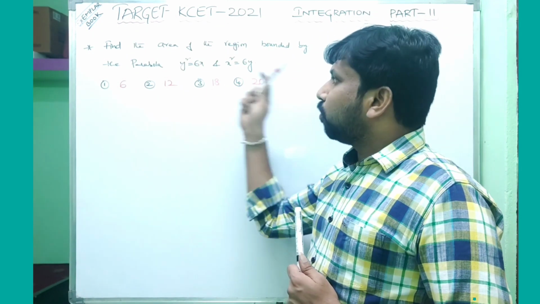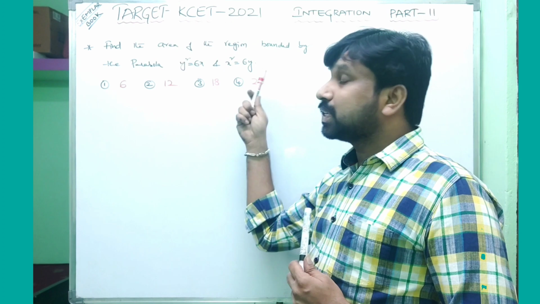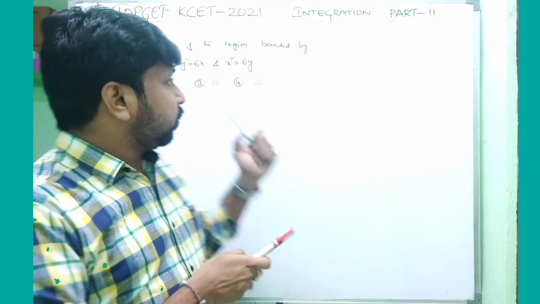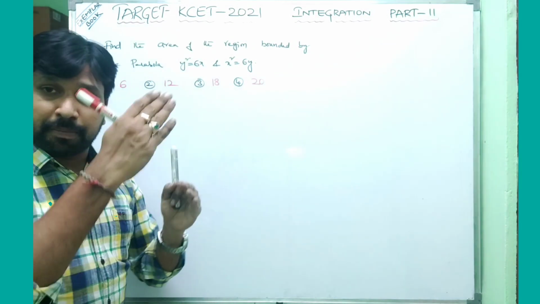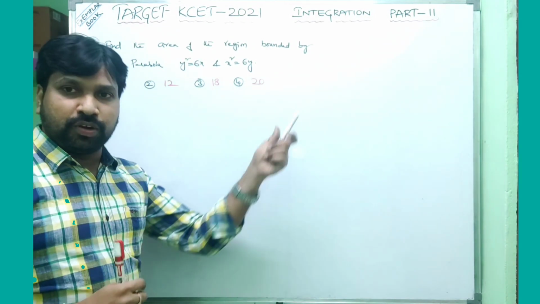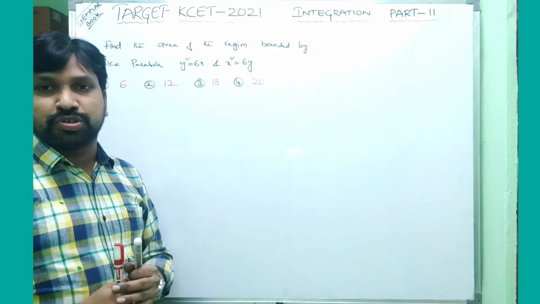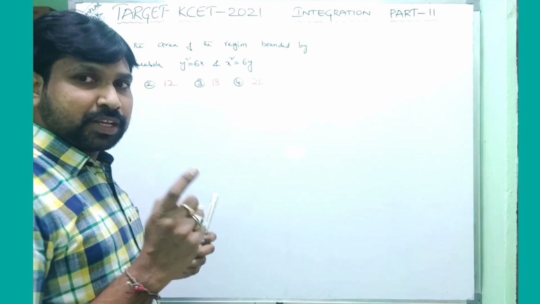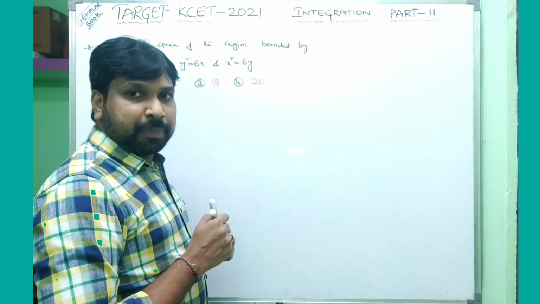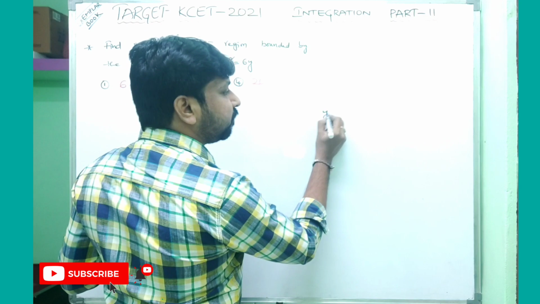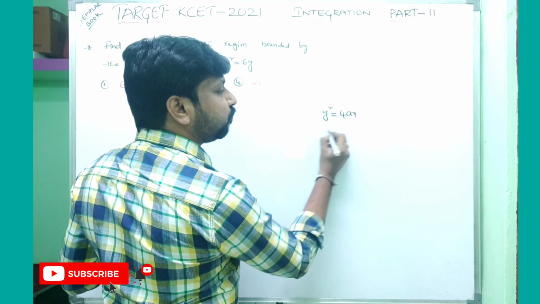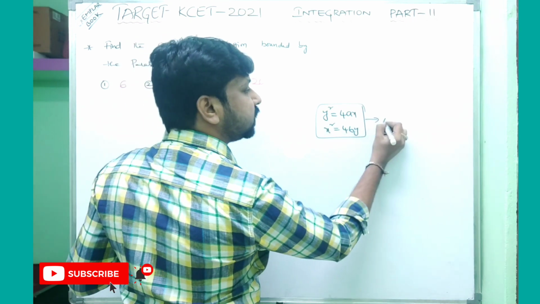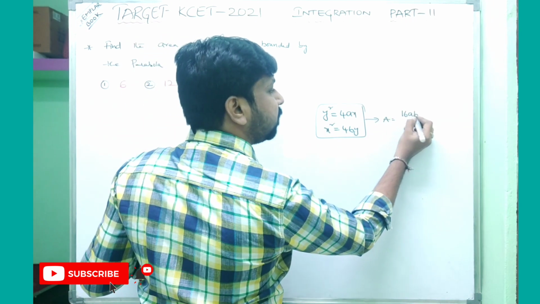Find the area of the region bounded by the parabola y square equal to 6x and x square equal to 6y. Actually, we are going to do y square equal to 6x parabola and x square equal to 6y parabola. Then the area in between you would need to simplify with integration and substitute the limits. But no need to simplify by using that method. You have a shortcut, already given in part 1 of applications of integration. If it is of the form y square equal to 4ax, x square equal to 4by, then the required area A is nothing but 16ab by 3.